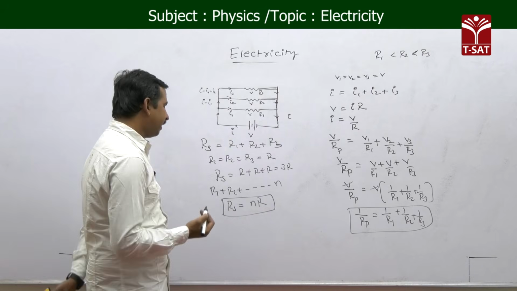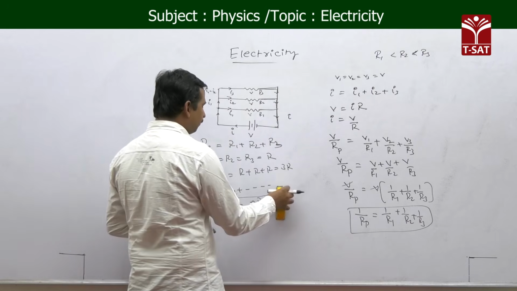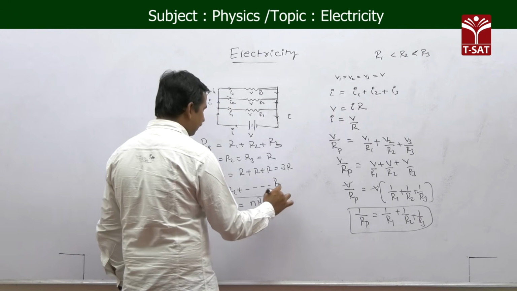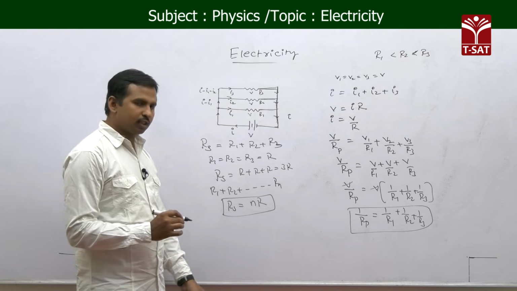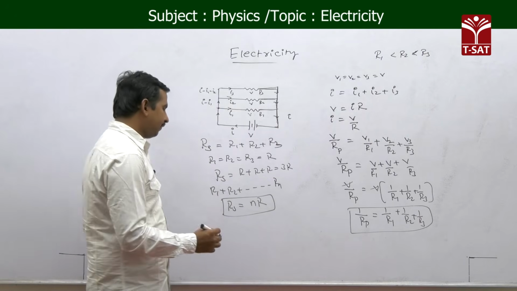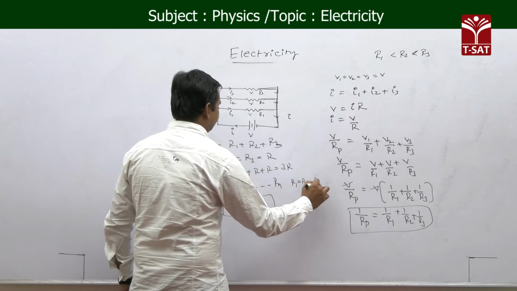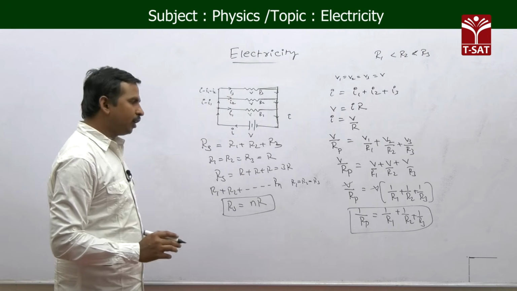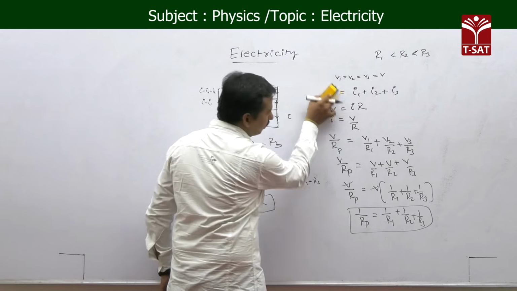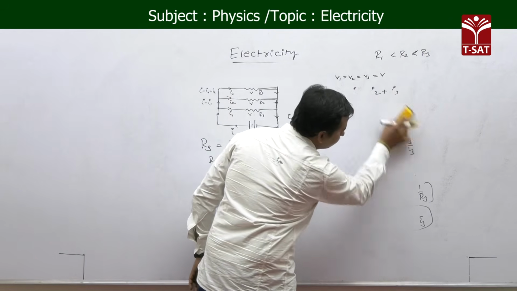That is of NR. If you are taking up to N resistances, then the number of resistance becomes Rn, if R1 equals R2 equals R3. And in the same way, if you are taking the case of parallel connection, then in this case,